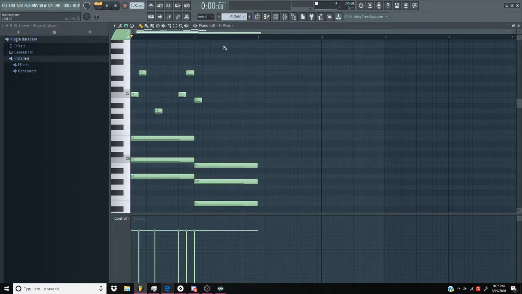See, you would think of these top notes as a melody. They're really just